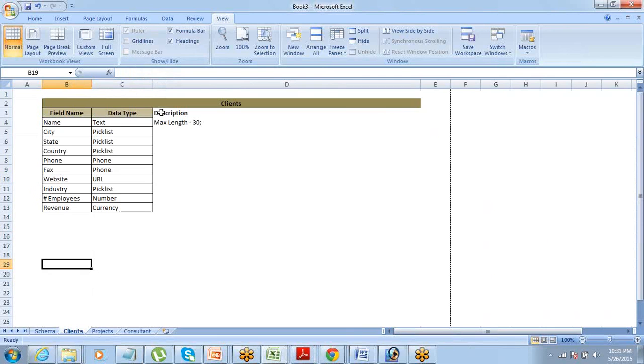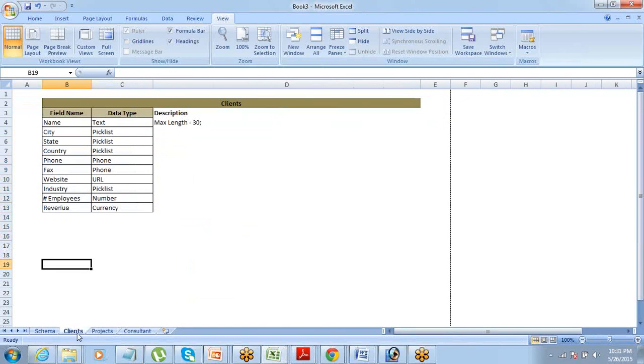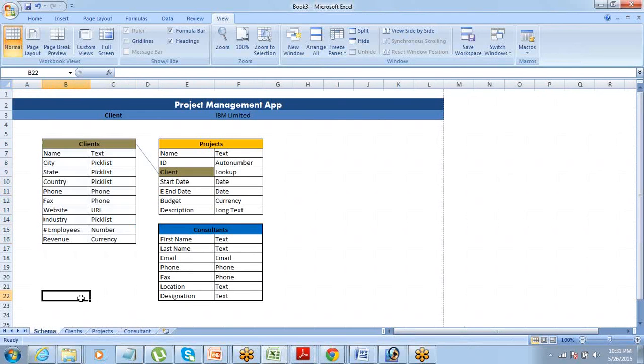Finally, you should be able to convert this also into PDF. Correct. So one will be my master schema page, and the other will be my client's page, and the next will be the project's page. All right. So this Excel file will allow you to create a completely organized application structure in one file. Right. Correct. So just try to work on this. Continue to work on this. I've given you some idea. If you want, you can quickly take a snapshot of this. You can do a print screen, and then try to create this.